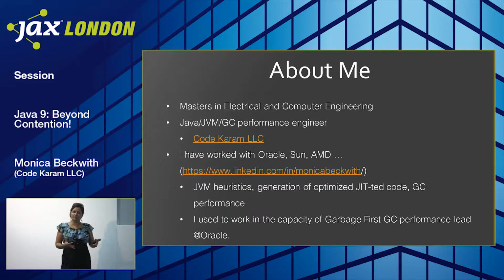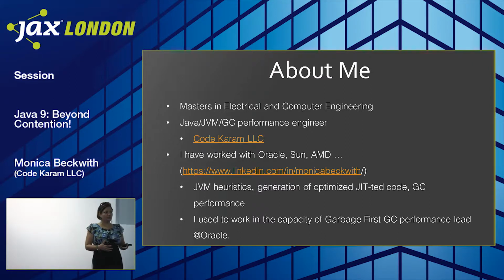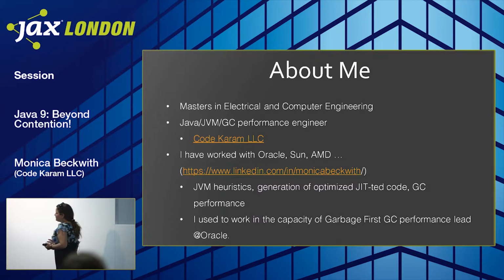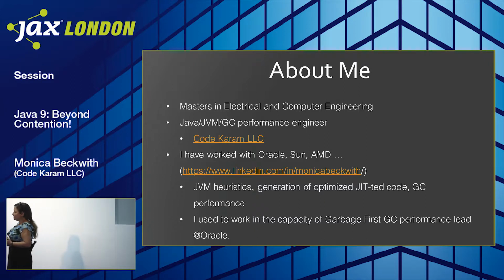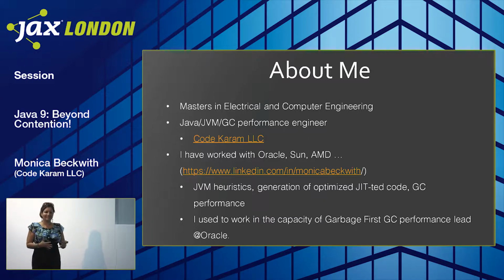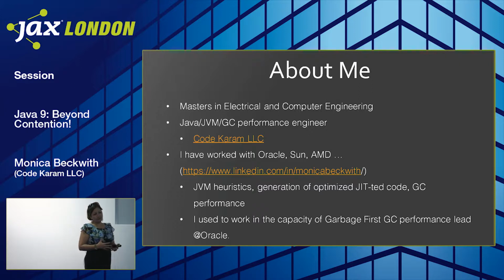I primarily work with the Hotspot JVM, which is also the OpenJDK JVM. They're both similar, Oracle Hotspot and OpenJDK Hotspot. One of the things about Java 9 is that you hear so much about modularity, right? But there are so many more improvements, especially performance improvements in Java 9, and one of them is contended locking. There are others, like string density, which is a big improvement also, but that's for some other day.